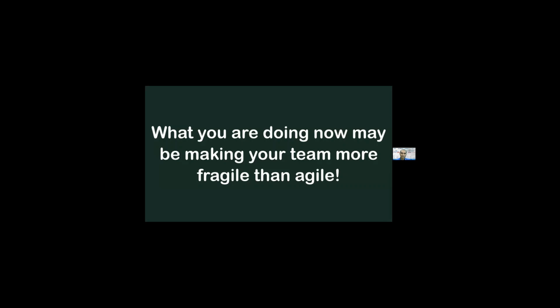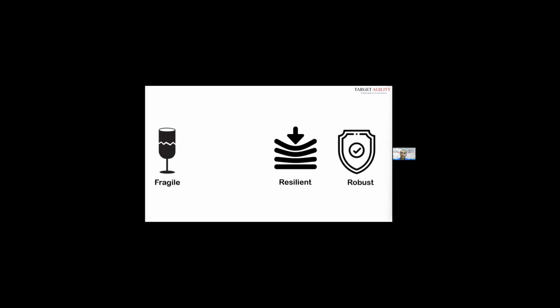What do these mean? Starting with fragile. A fragile item is anything that breaks under stress. Take a glass falling off a table: it just breaks apart. On the other hand, you have a resilient item, which has the ability to recover from failure. Even if it is disrupted, it gets back to its original state. And then we have a robust item, which has the ability to resist the failure. It resists the shock itself. It's not about bouncing back. It just stays the same.